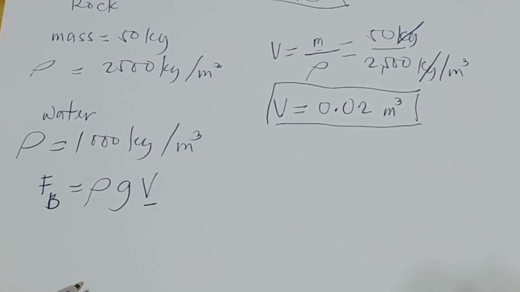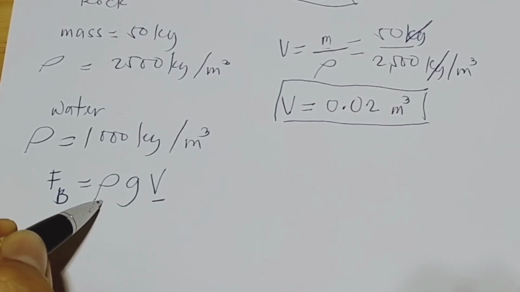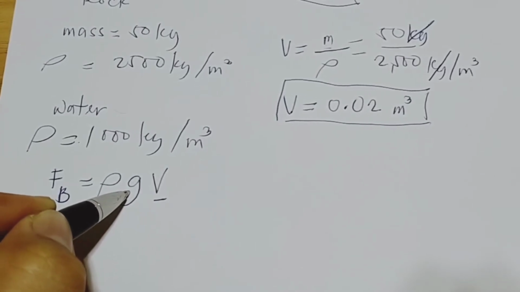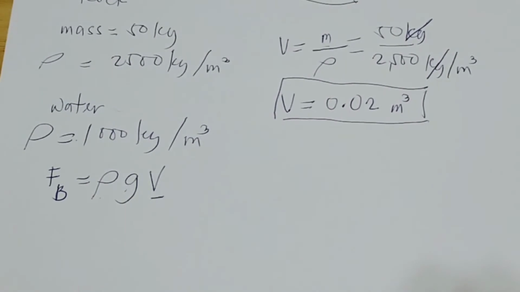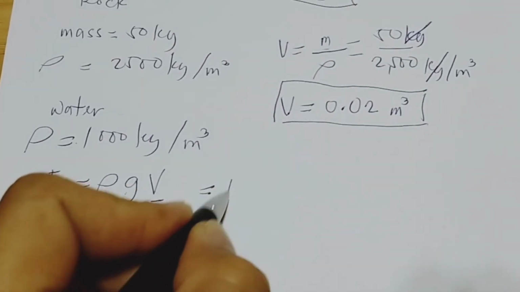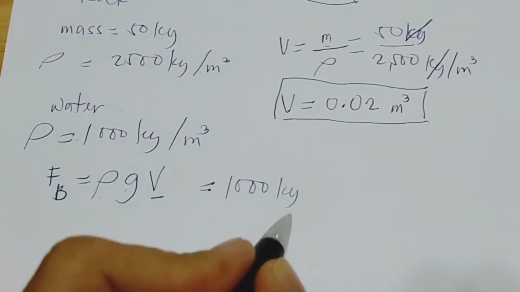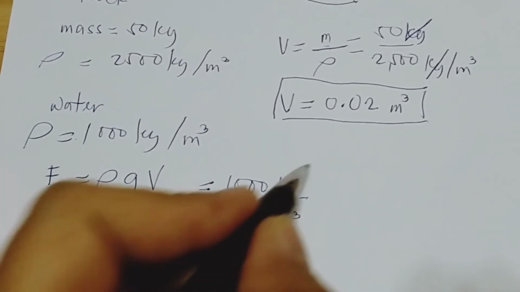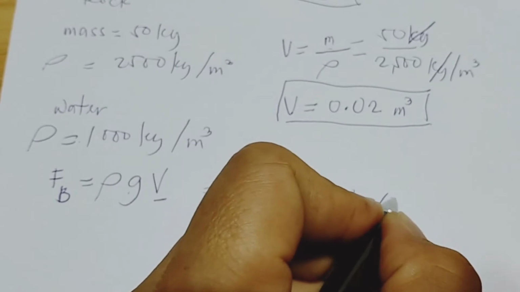Okay, so can we now solve our buoyant force? Yes, because we have already our density. Since we are talking about buoyant force, so the density that we will use here is the density of water times acceleration due to gravity of the earth. We assume that the case happened in the earth, times the volume na nakuha po natin. So by substitution, this is 1,000 kilograms per cubic meter times 9.8, which is constant, meters per second squared,